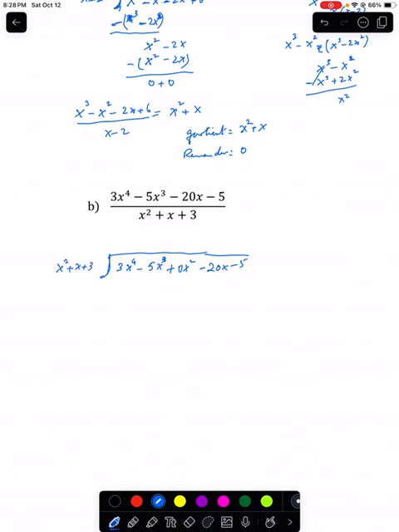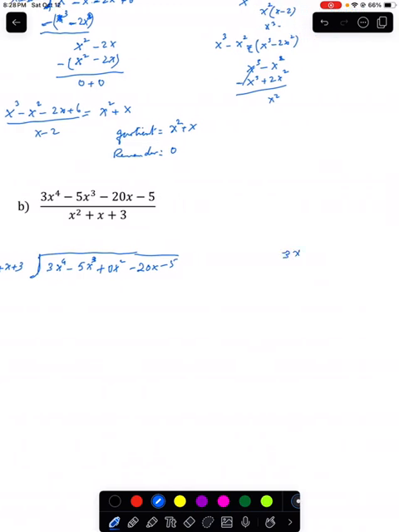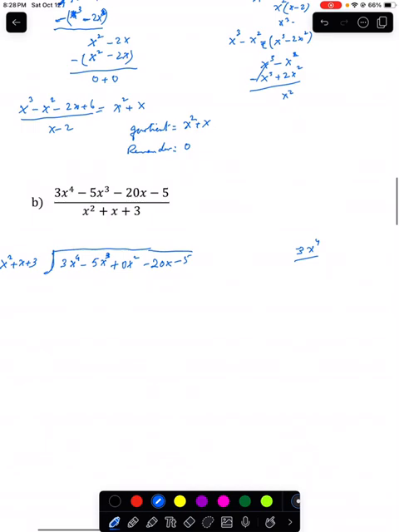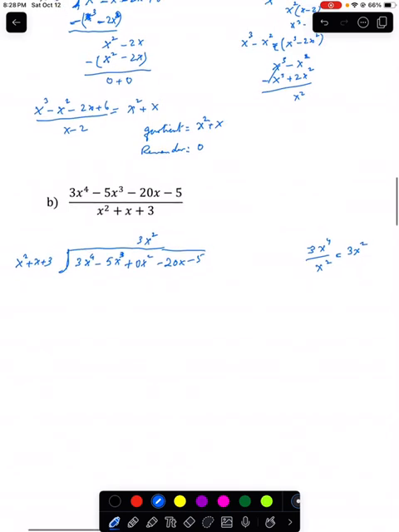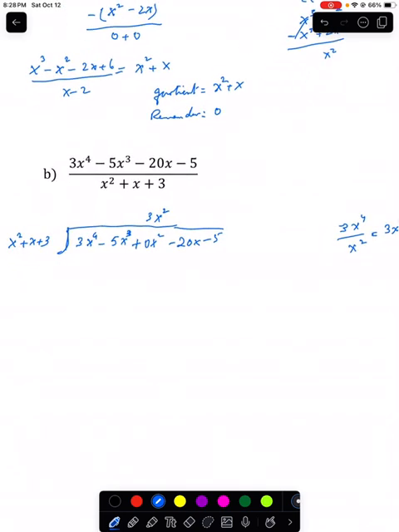So again we start by dividing the lead term of the dividend by the lead term of the divisor. I end up getting 3x squared. So this is what goes up there. It doesn't really matter, but it looks nice if you write it above the x squared term. Now multiply the whole divisor by the term of the quotient. So I get 3x to the 4th plus 3x cubed plus 9x squared,